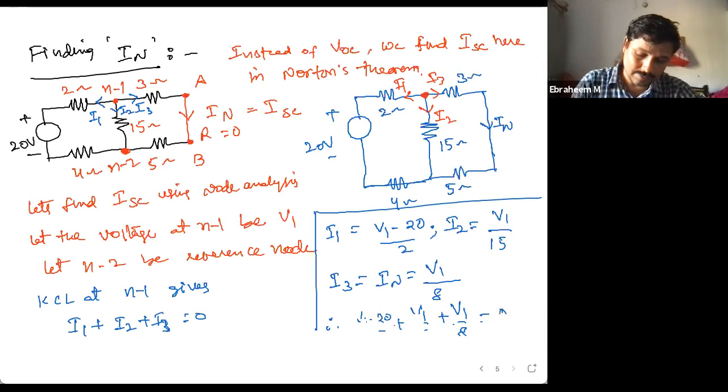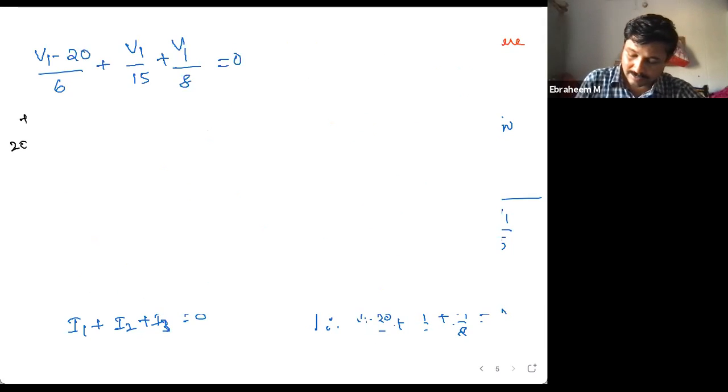So in this previous one I have to erase this one. So this is 2 plus 4, 6. Okay, so solving this,